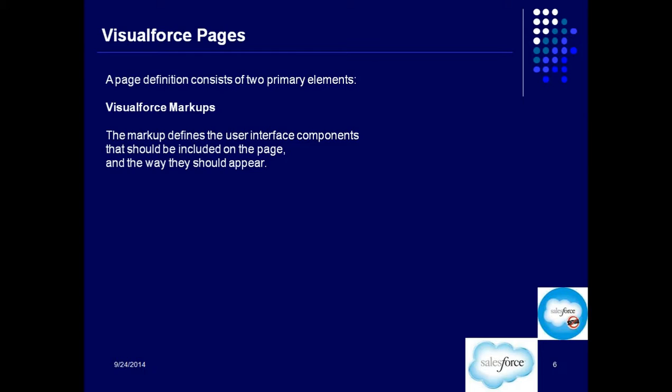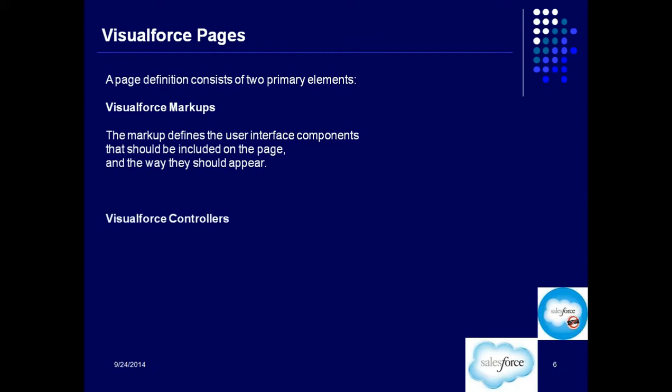So what all things should be there on the page and their appearances. That is what markup defines. So for example, a text, table of data, button, link, image, these are all markups. Okay, so whatever, small caption, heading, small block of text, everything is a markup.